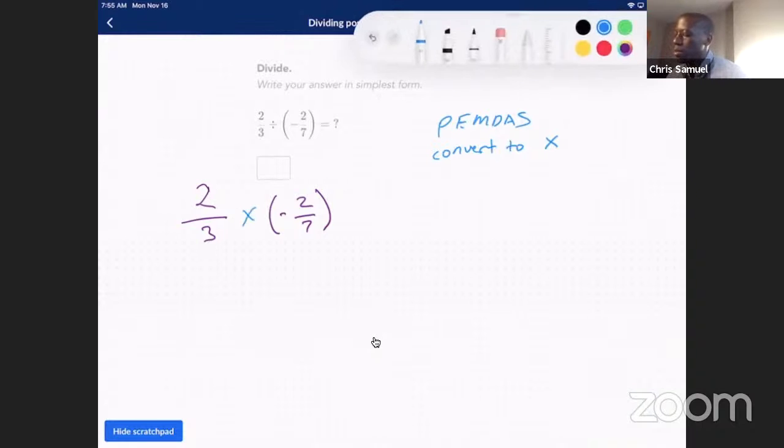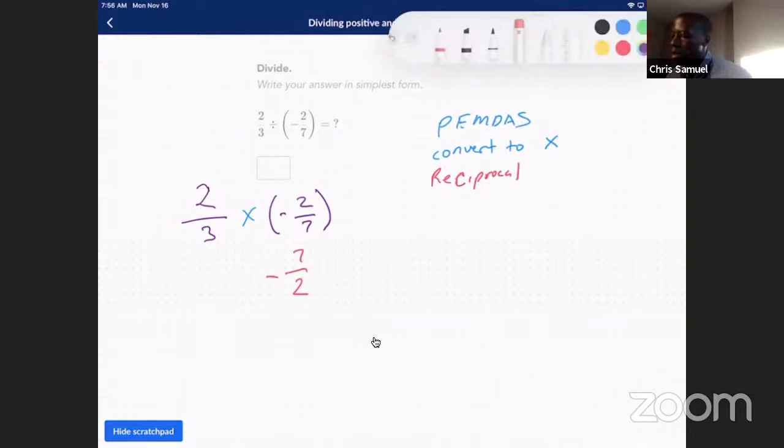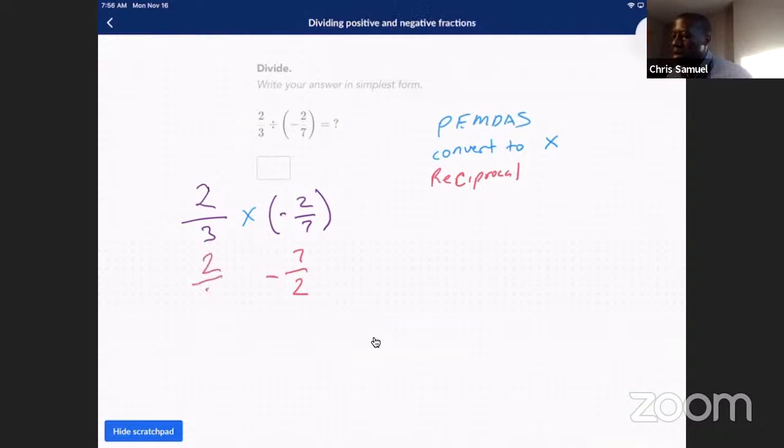And then we can do this reciprocal. Then we can do